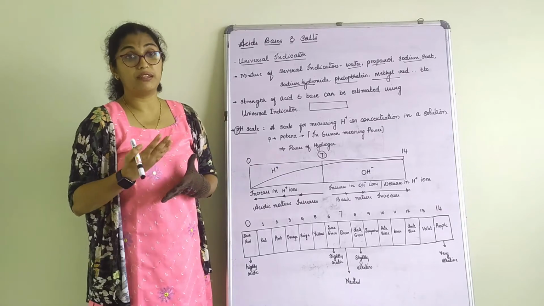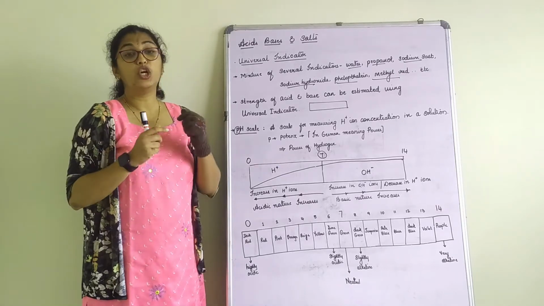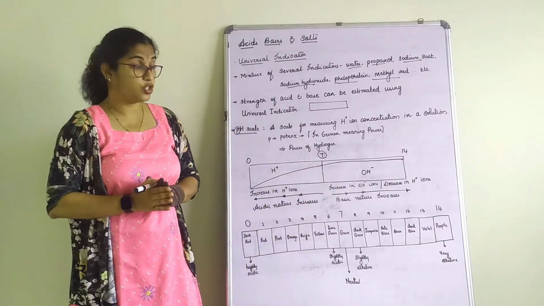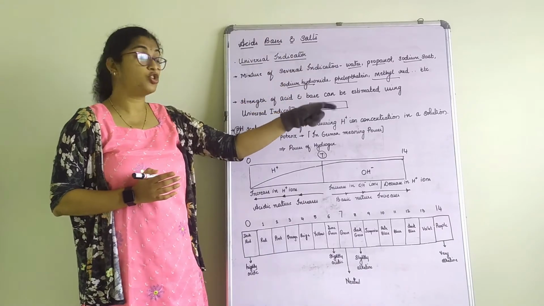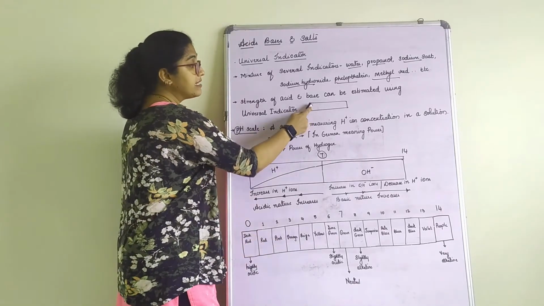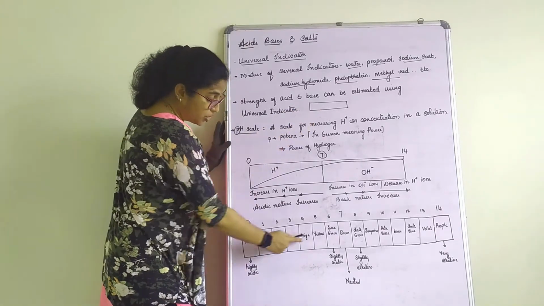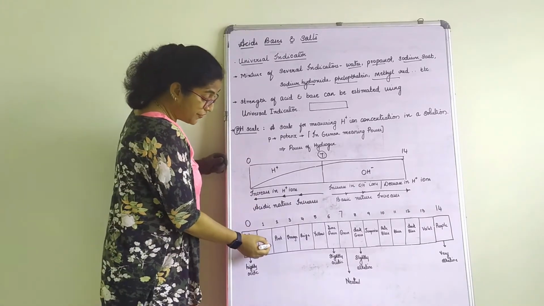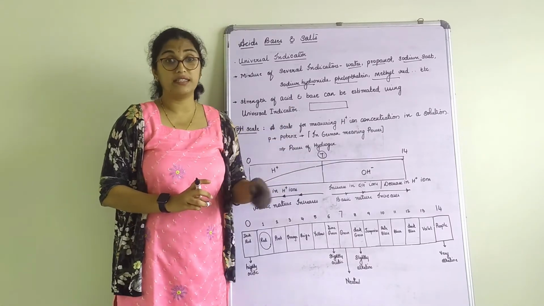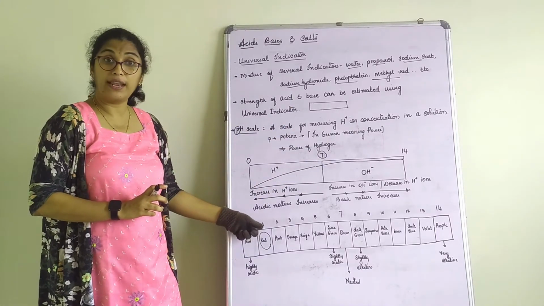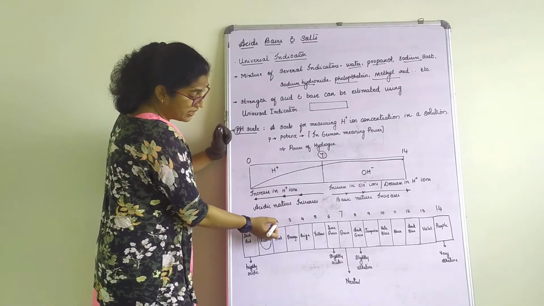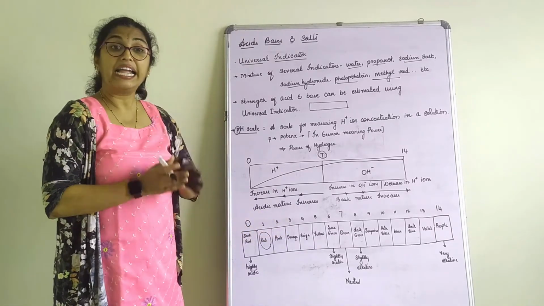So if you just type on the net pH scale, you will get the color strip. These colors are fixed. They will not change. So after dipping this into a particular solution, you have to take this and just match that and see what color this is and to which shade it is matching here. Suppose it is matching with red, then you can say the given solution is more acidic, since the pH is 1, right? So the pH between 0 to 3, what we consider 2.5 to 3, is highly acidic.